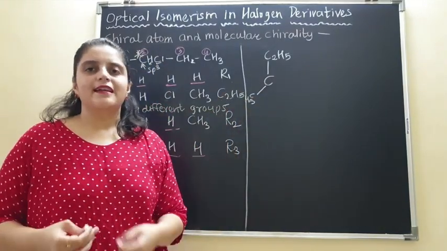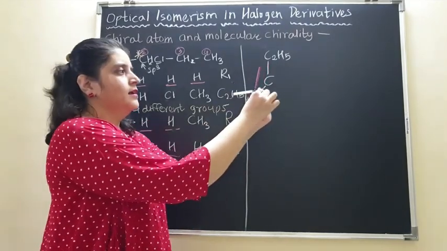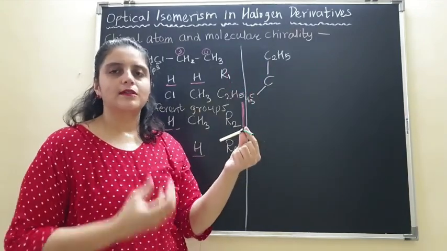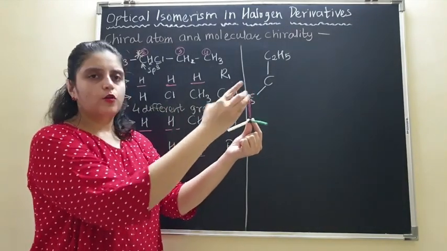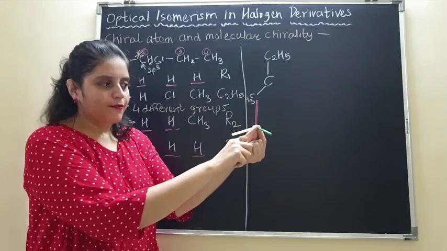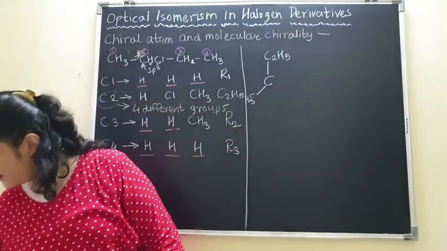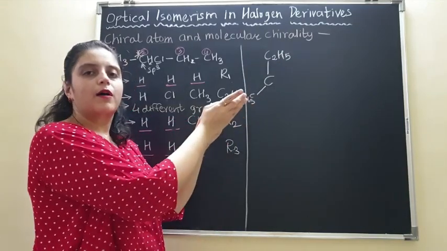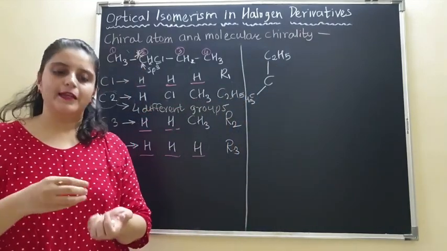Now you all know that the tetrahedral shape looks like this. Okay, if it is like this, if the center atom over here is carbon and these are the 4 bonds attached to different atoms or different groups of atoms, then these two bonds will be in the plane. This line and this line is in the plane. One of the bond is above the plane and one of the bond is below the plane. So if you look at this blackboard, one bond will be above this blackboard and one bond will be behind or below this blackboard, and these two bonds are in the plane of the blackboard.